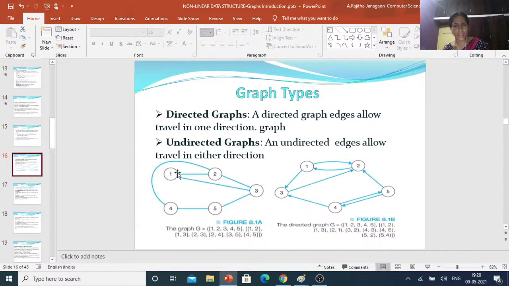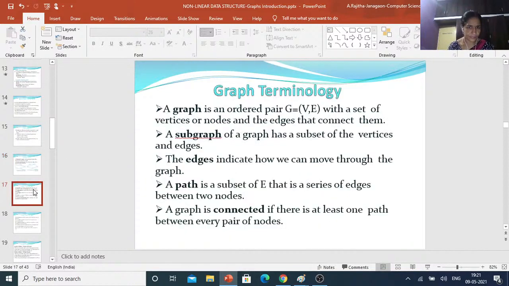One more path is 1, 2, 2, 4 and one more path is 1, 3, 3, 5, 5, 4. So like this is what the path is. Coming to this, 1, 2, 3 is one path, and 1, 2, 2, 1 and 1, 3. So this is one path. Like that, different paths exist.